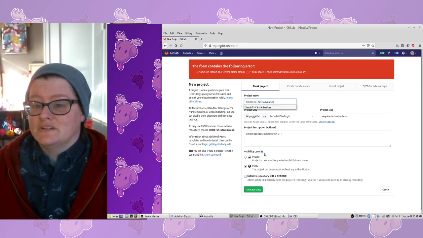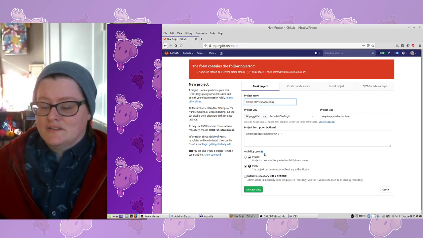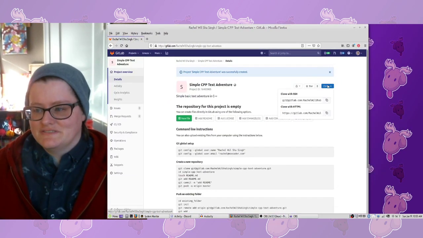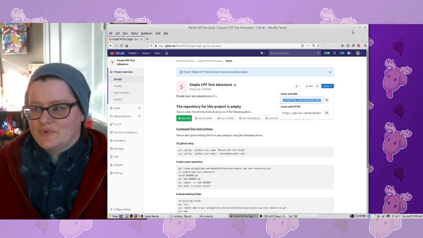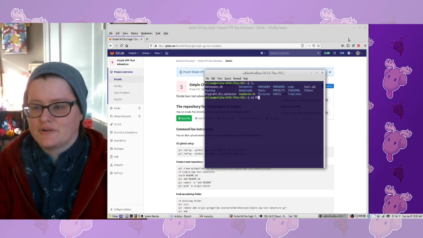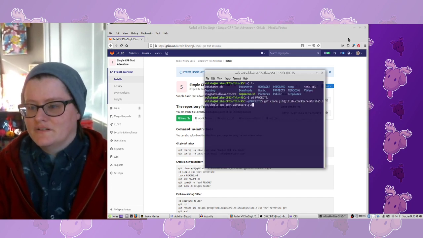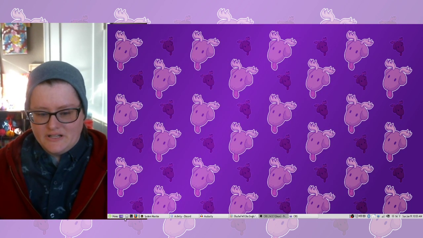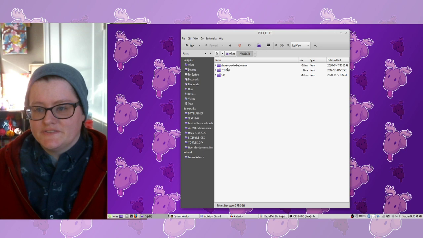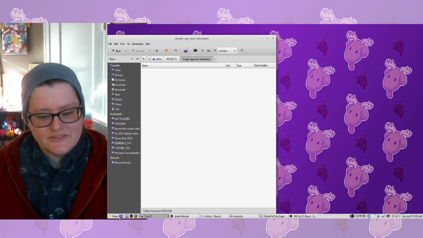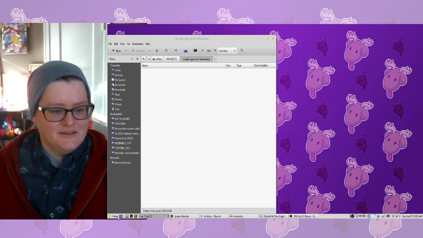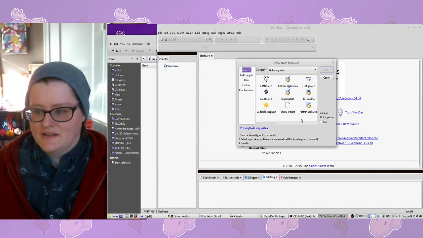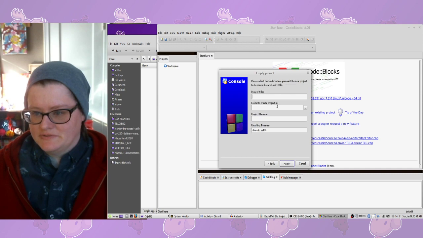Okay, I apparently cannot do that. So much for that README initialization. We're gonna clone it somewhere on the hard drive, go to projects, and just clone it there. And then in there we can create a C++ project. So let's go into Code::Blocks, create a new project, empty, skip,